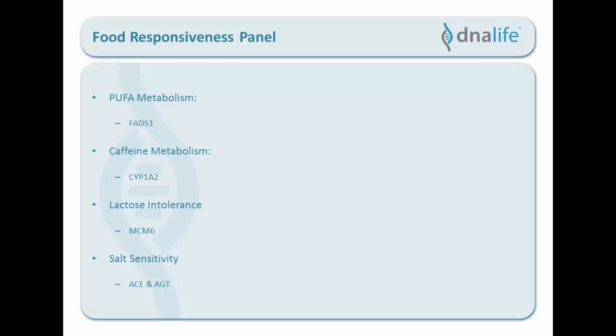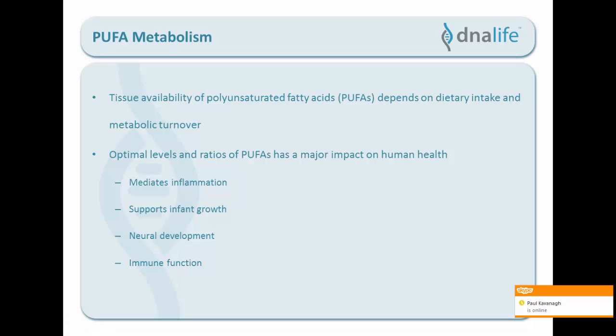So starting off, just to introduce these new genes, we have the FADS1 gene involved in polyunsaturated fatty acid metabolism. We have the CYP1A2 gene involved in caffeine metabolism. MCM6 involved in looking at adult lactose intolerance, and then we are looking at ACE and AGT in salt sensitivity and blood pressure. Okay, so let's start with PUFA metabolism and looking at